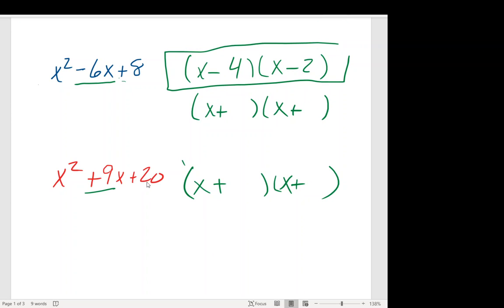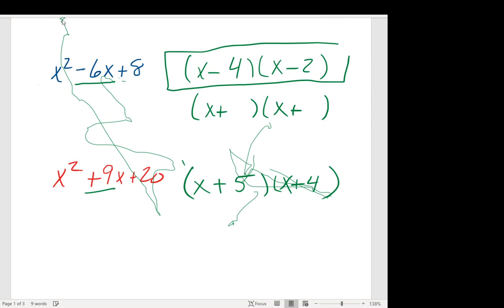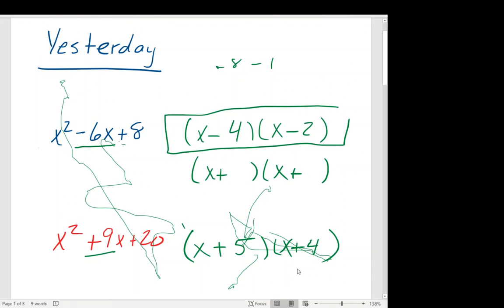And then if you think, what are the factors of 20 that have a sum of 9? You could think 1, 20, 2, 10, but you pretty quickly see that 5 times 4 is going to give you 20, and 5 plus 4 is going to give you the 9. Alright, well today,